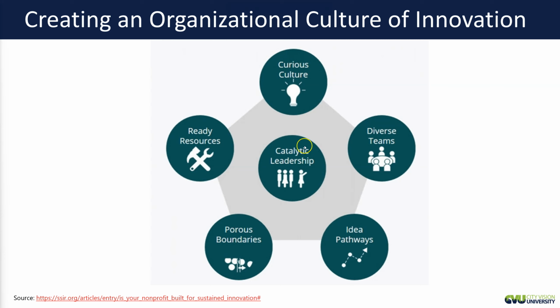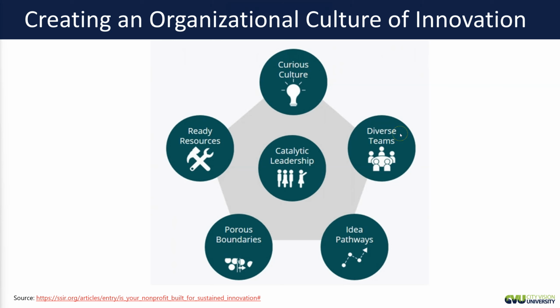Ultimately, you need to have leadership that supports innovation. That may not be their strength, but I've seen some organizations where the leader is a detail-oriented, organized person that isn't super innovative, but they're intentional about creating a division that has a lot of autonomy, their social enterprise division or things along those lines. So are they supportive of it? A curious culture, where you're going to ask a lot of questions. You can think of organizations like Apple and IDEO, where that's a big part of the culture.